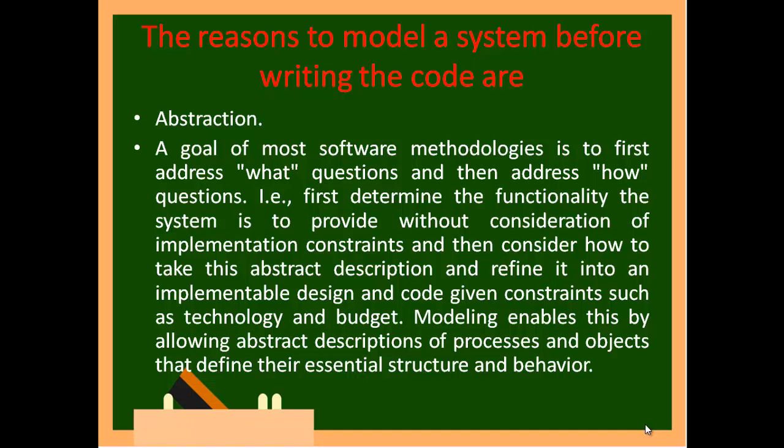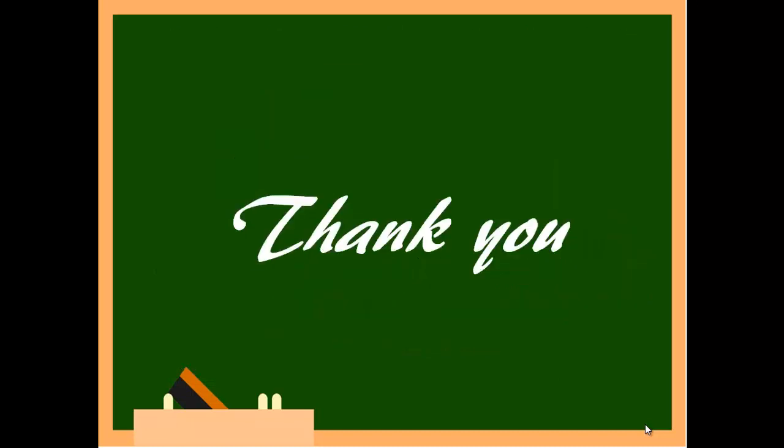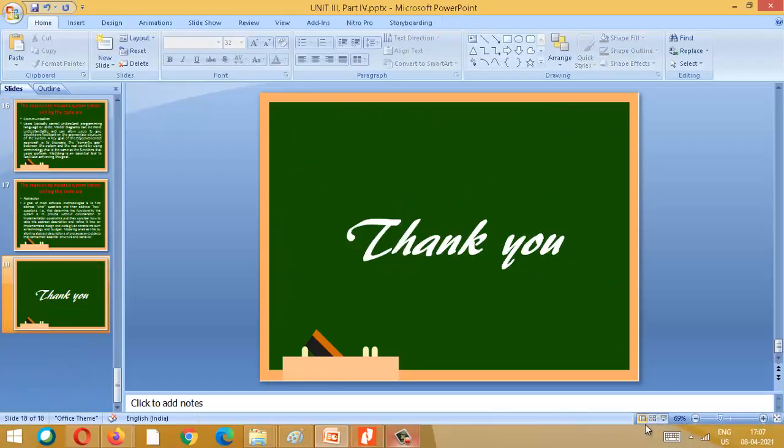Then consider how: take this abstract description and refine it into an implementable design and code given constraints such as technology and budget. Then comes all the things, what technology you are going to use. For example, for wireless communication itself, you have Zigbee, you have Bluetooth. That depends upon the technology and the budget which you are going to put for the product. Modeling enables this by allowing an abstract description of the process and the objects that define their essential structure and behavior. So with this we will stop with unit number 3. From next class I think we can